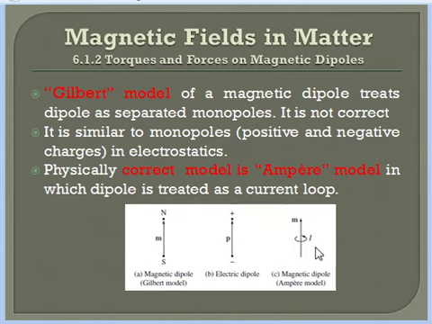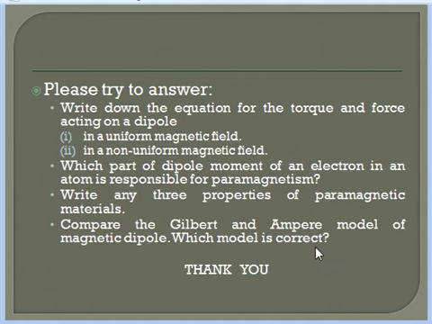Any magnetism is coming from some currents inside the material, whether that magnetism is permanent, whether it is temporary, whether it is natural or man-made. All types of magnetism are coming from some current loops. It may be present because of the spin or orbital magnetic moment, or spin or orbital motion of the electrons inside the atom. So after watching this video, you should be able to answer the following questions.